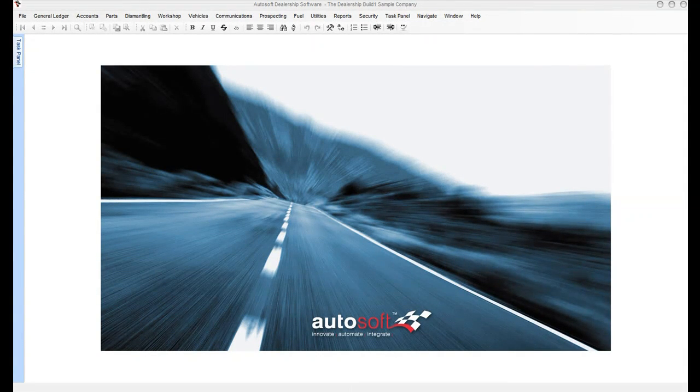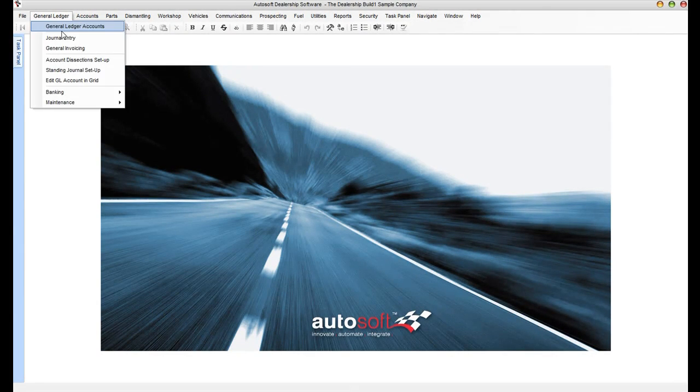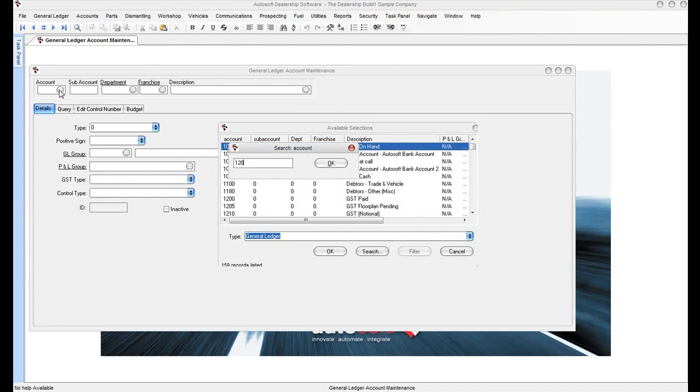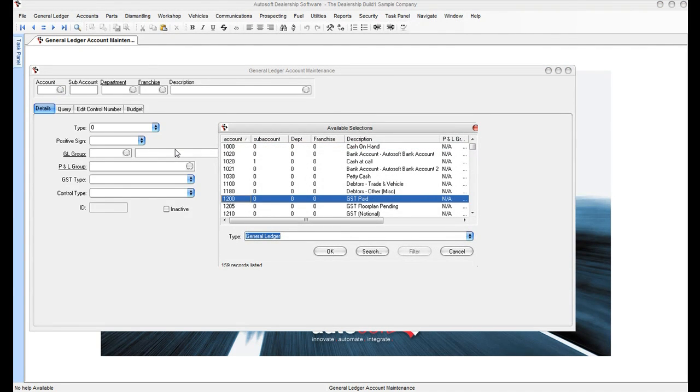Let's take a first look at GST. You should notice in your system there are at least 2 accounts set up for handling GST. Now let's have a look in this Autosoft system here, and what we'll find is there's an account set up to handle GST paid, such as this one here, account 1200, and there should also be an account set up